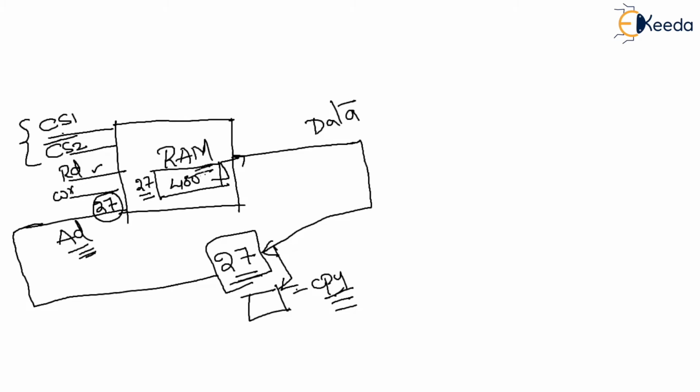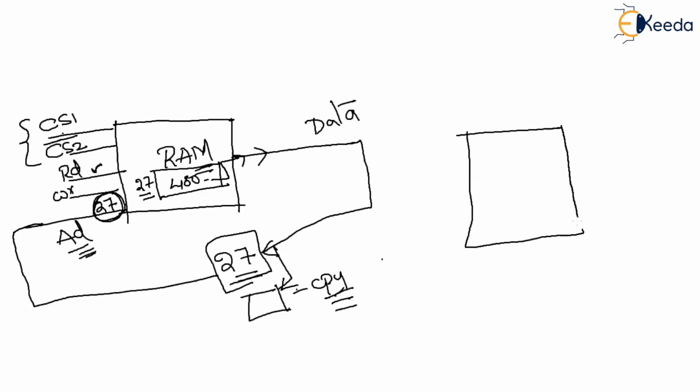Under that address there is a data element. Here, the CPU wants to read the data. The CPU does not perform writing. For that reason, the CPU enables the read line, which means that under that specific address referenced by the CPU, the data item will be collected and transferred to the data bus, and from the data bus the data will get transferred back to the CPU. This is the thing. When the CPU wants to perform writing, what will it do? Let us say the CPU wants to perform writing; I'm using one more thing here.